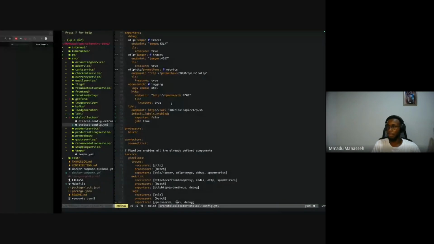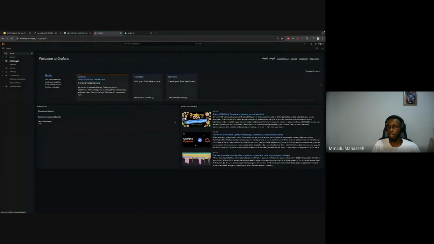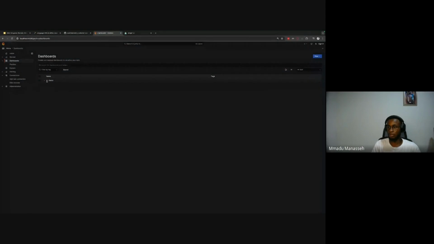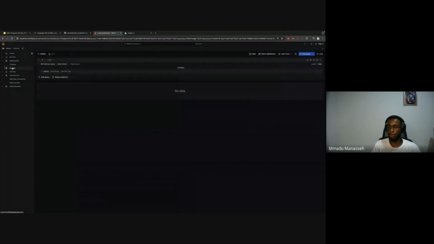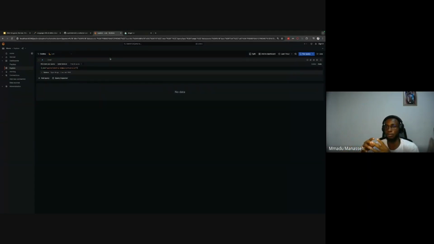Yeah, so I have a dashboard here. Let me not use the dashboard. Let me just explore here. So this is Loki. I'm going to query Loki for data. Loki is Grafana's inbuilt logging solution.